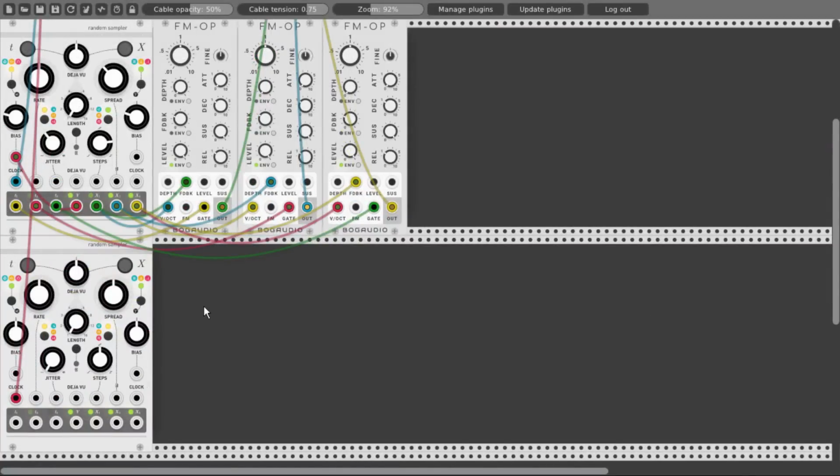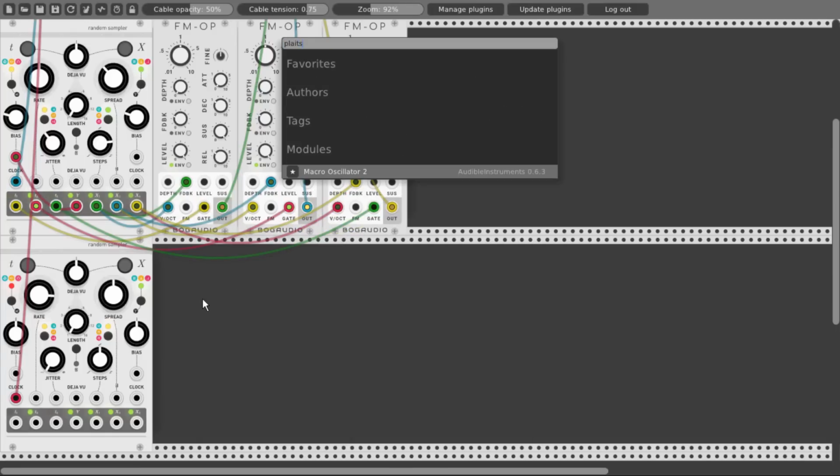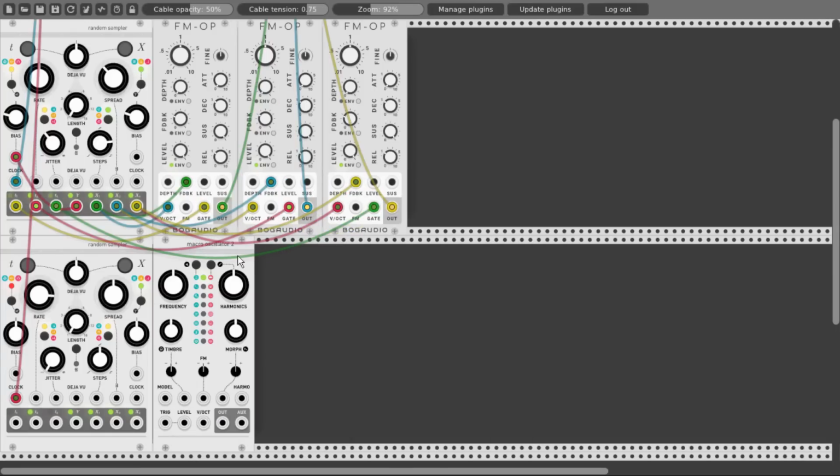But this time we will multiply this clock by turning the rate knob to about 3 o'clock. So again, when there is a clock connected to the clock input, the rate knob becomes a clock divider or multiplier. So let's multiply the clock at around 3 o'clock. And let's change the mode also to the third mode, the red one, which is similar to the Topograph or Grids. And let's use 2 Plaits as our sound source.